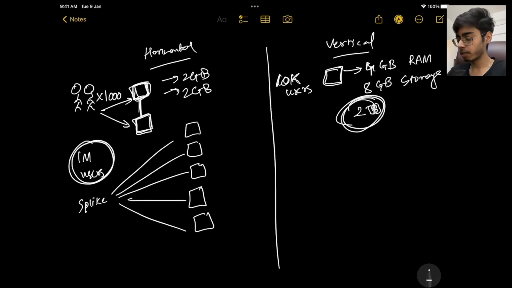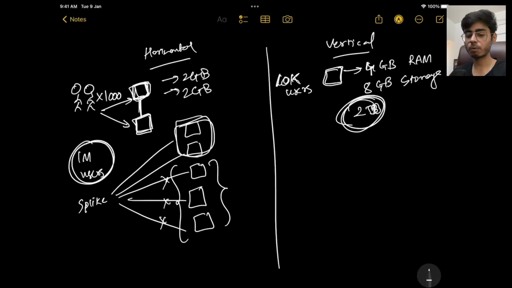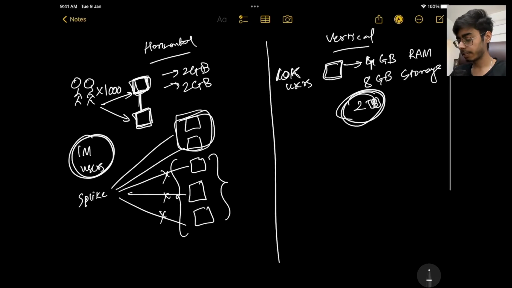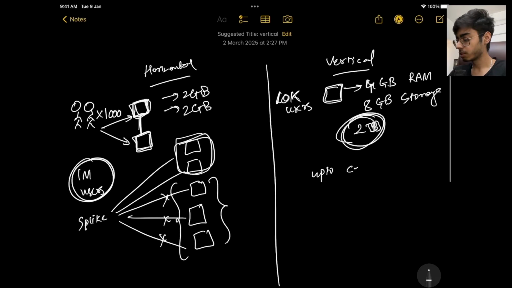But in the afternoon and the morning, these computers will be idle and they will not charge anything. Only the active computers will be charged, because you are using a cloud provider with auto scaling, which will automatically scale your system. You can use Kubernetes for that, which will automatically orchestrate your containers. So horizontal scaling is really amazing for scaled-up applications and to save cost. Vertical scaling is good, but only up to a certain scale.